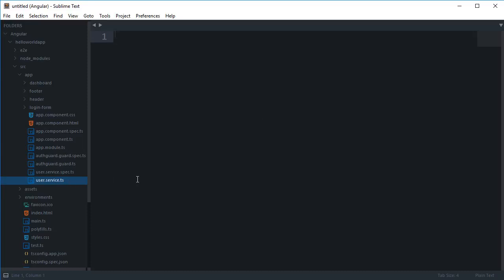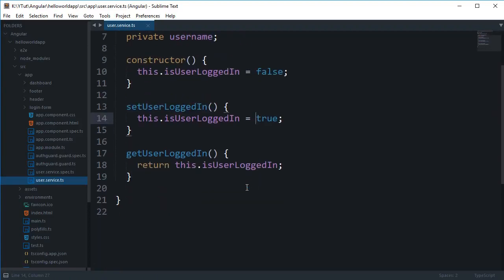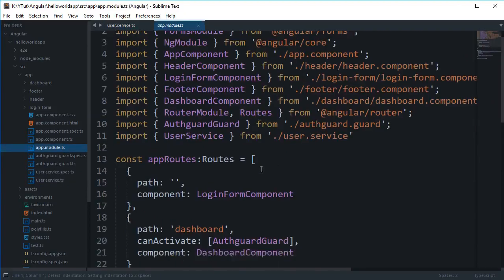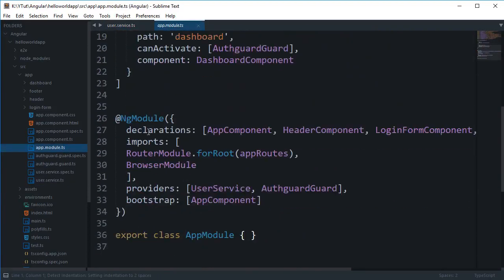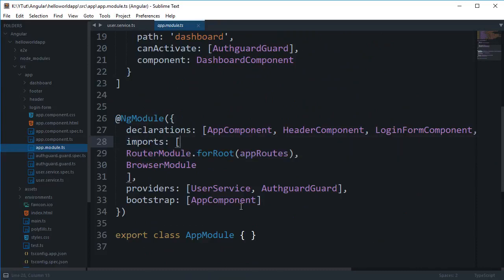So let's just say you're creating an e-commerce website. What you would want is that the cart of the user is always the same on all the pages and is always updated, right? So for that, we can create a cart service. Now, this service would be available to all of your declarations, which is your modules and components. Plus, it would always be a single instance, at least that's what we prefer,